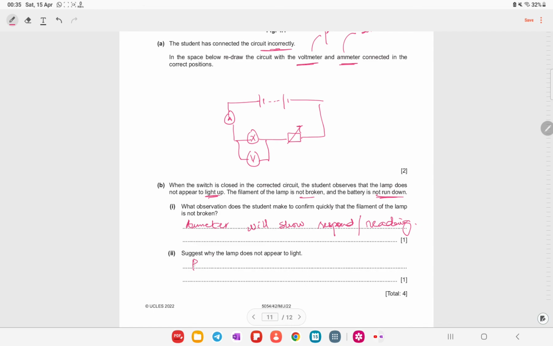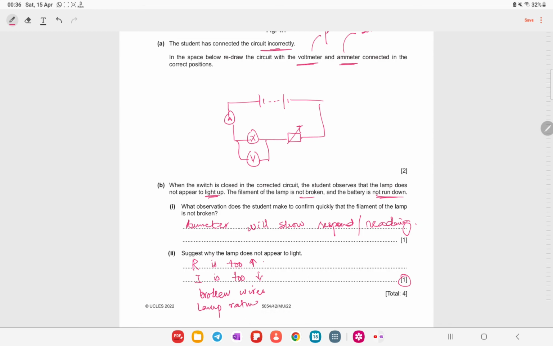Okay, suggest why the lamp does not appear to light up. It might be that the resistance is too high, so the current cannot pass through. The current is too low, obviously, when the resistance is too high. Again, you see this is one mark, so I will list possible scenarios for why the lamp does not appear to light up. Resistance is too high, current is too low, maybe there are broken wires,